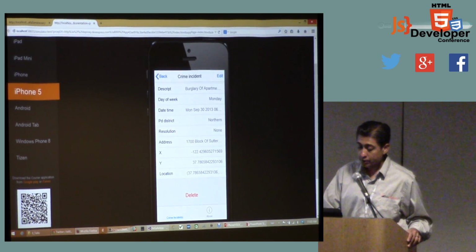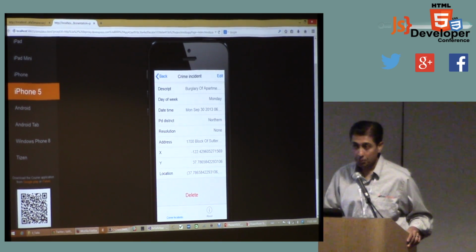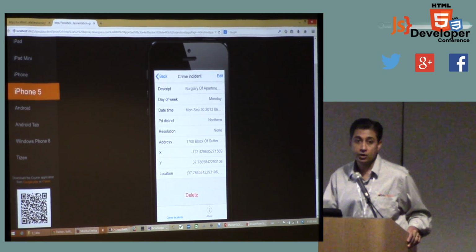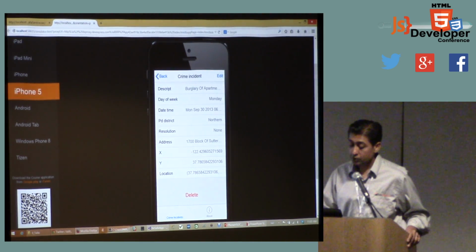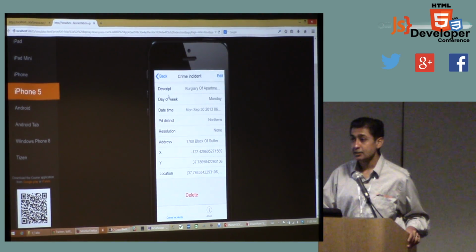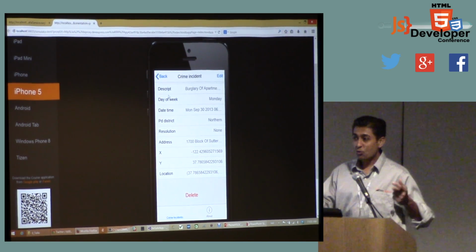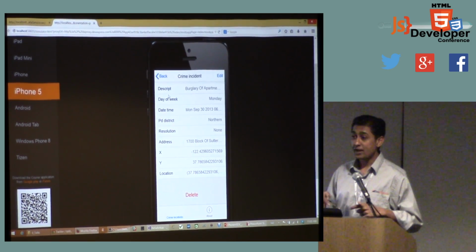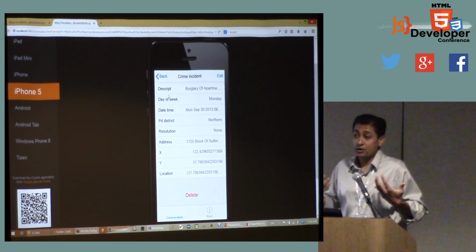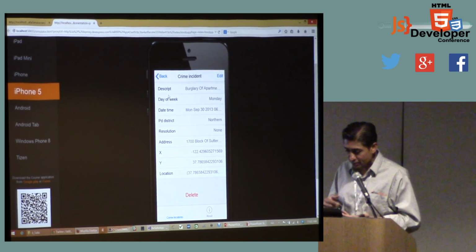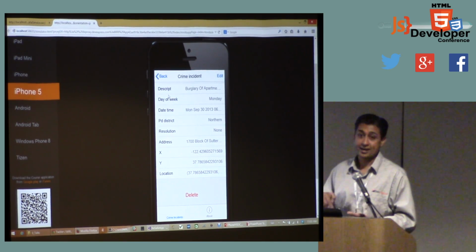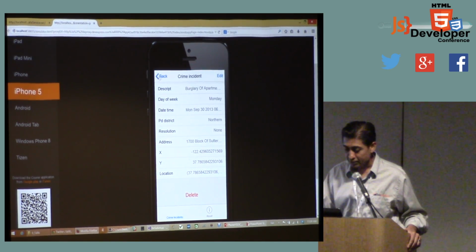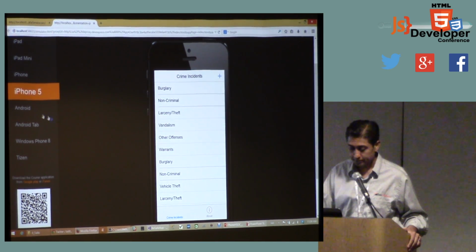So if I wanted to, I can even make this look a little bit prettier and say, instead of XY, plot it on a map. So show me where I am. And then I can take it further, integrate it with PhoneGap, and say, hey, listen, grab my local GPS, find out where I am, and tell me what incidents have happened and at what time of day. And maybe I need to pop up an alert. Hey, look, it's 11 p.m. There was a burglary where you are standing right now. Get out of here. So you can make something very interesting just out of this data.